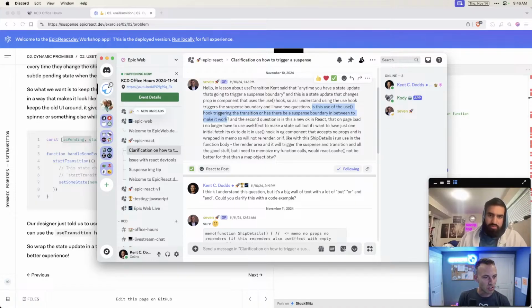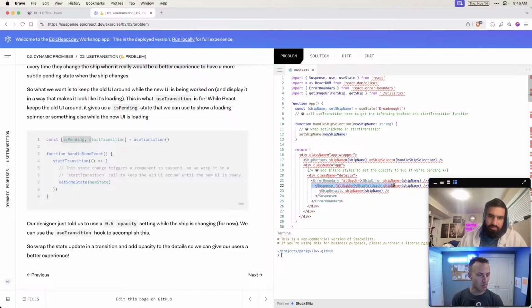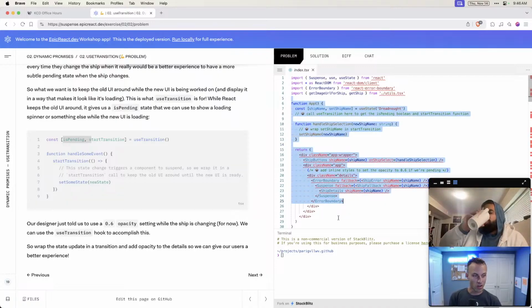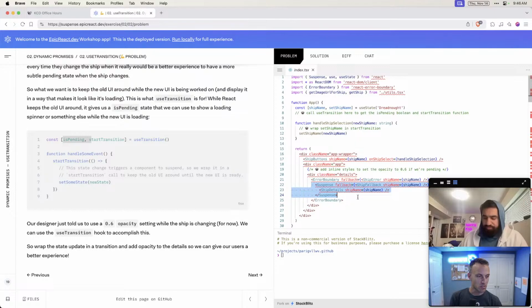So is the use of the use hook triggering the transition, or has there to be a suspense boundary in between to make it work? So no, we could actually remove this suspense boundary, and then the useTransition would work fine. The trick though is that a transition happens as a result of a state change, and so when we originally render the app, this suspense boundary is necessary for that initial render for the ShipDetails.